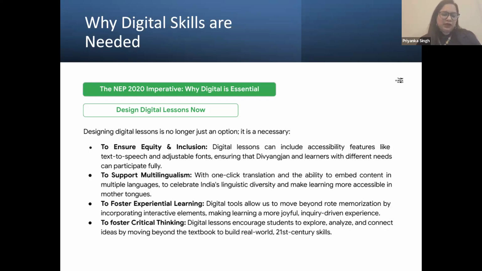Experiential learning is the buzzword nowadays. Digital tools allow us to move beyond rote memorization by incorporating interactive elements, making learning a more joyful, inquiry-driven experience. So what is experiential learning basically? It is learning by doing. Gone are the days when we were just simply reading a book and writing a question answer and done. Now is the time when the student wants to refer to 10 other activities. They want to learn the same concept again and again, but through different activities. So all these activities you can have on your